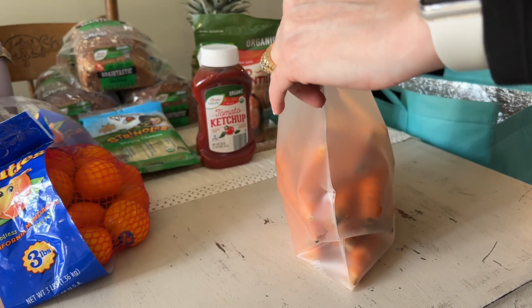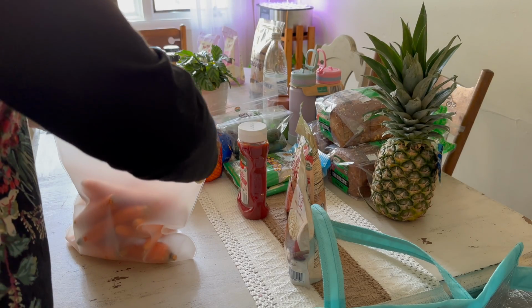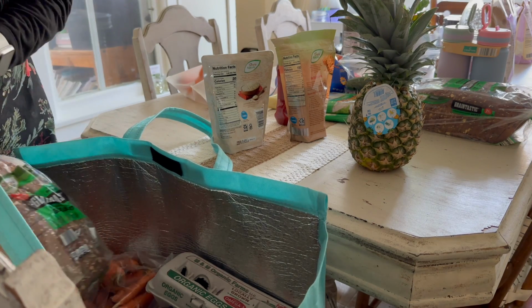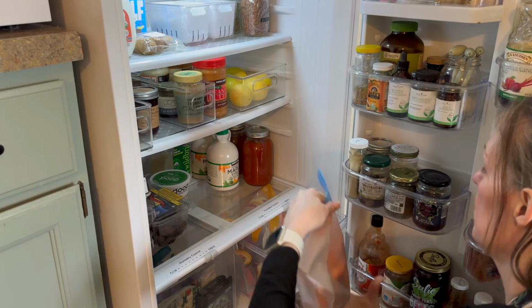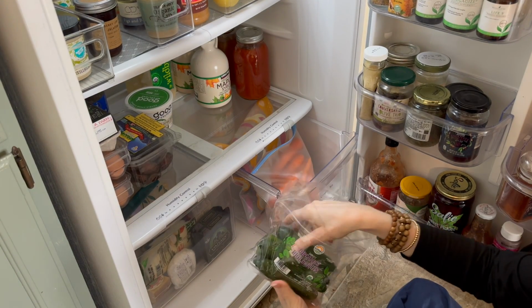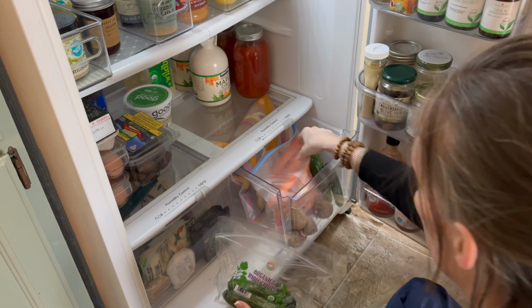They work so well. We clean out our refrigerator every single week, and I just cleaned out the refrigerator before we left to go grocery shopping. That's why it looks so clean. By the end of the week, it'll be a hot mess. I'm telling you, things just do not stay where I put them, but there's a lot of people,